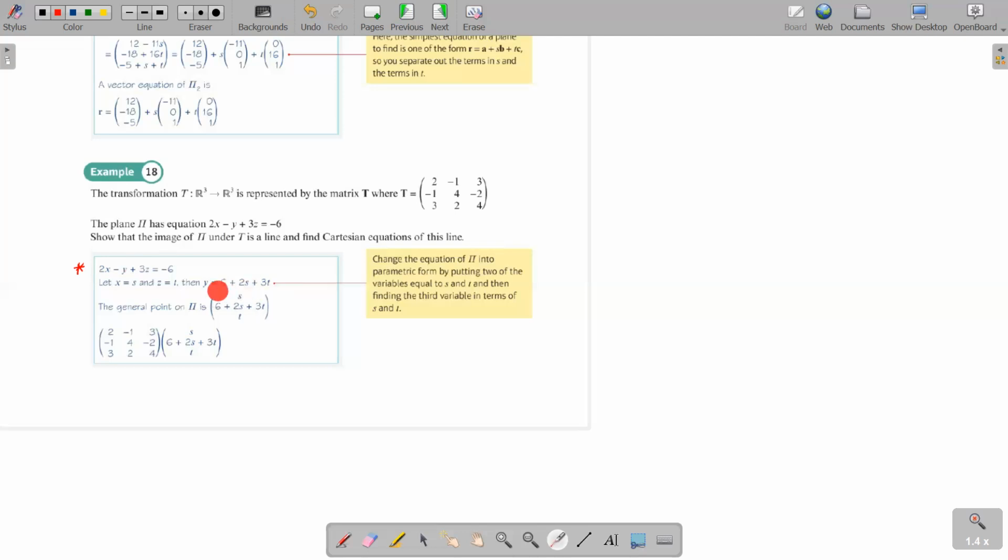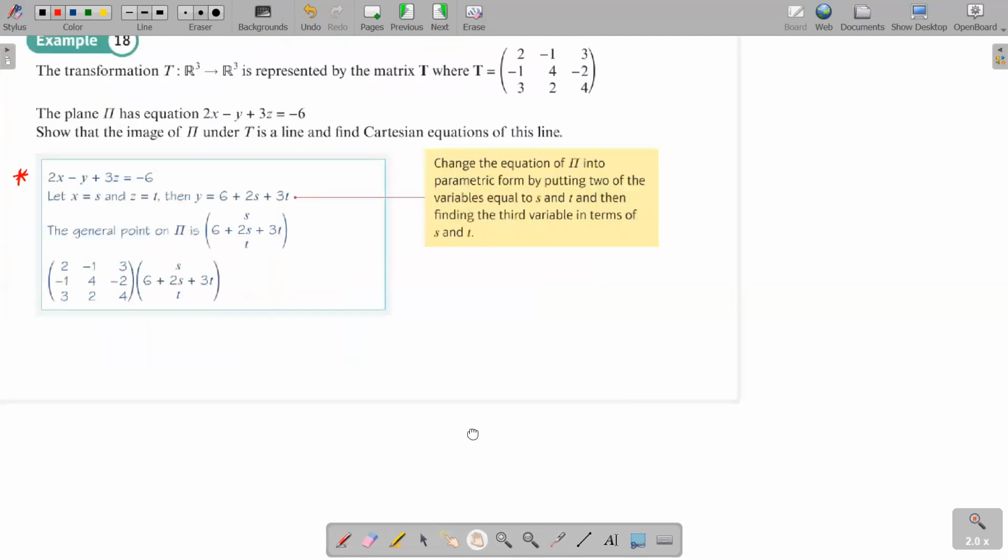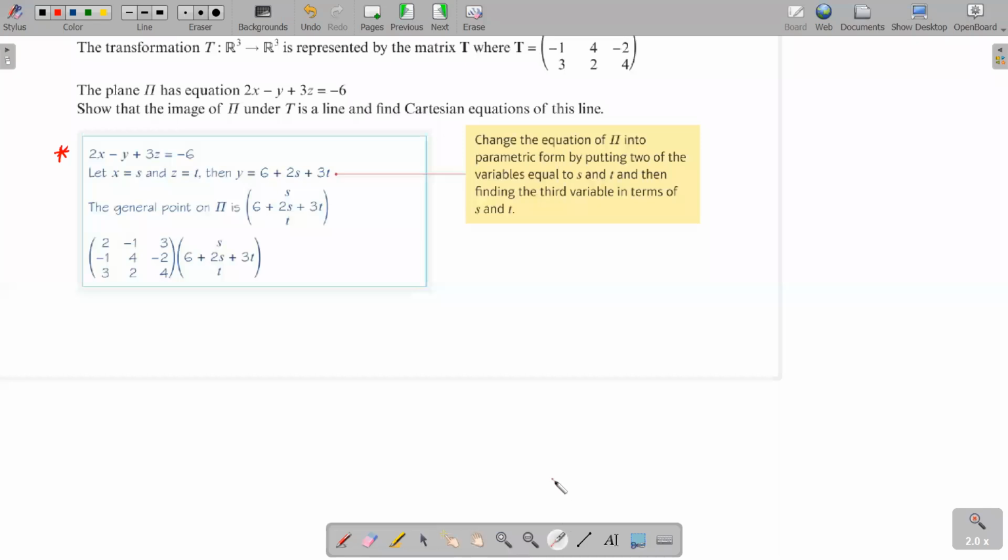The y coordinate, can you see how they have got 6 plus 2s plus 3t? How have they got 6 plus 2s plus 3t? They replaced the x here with s and z here with t, and took the minus y to the other side and took the minus 6 to this side. Can you see what I'm talking about? So this is the x coordinate, the y coordinate, the z coordinate. Can you see how we have got the general coordinate on the plane? The way we manufacture the coordinate on the plane, this is the way we manufacture it